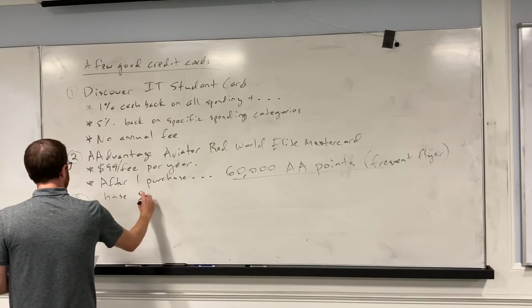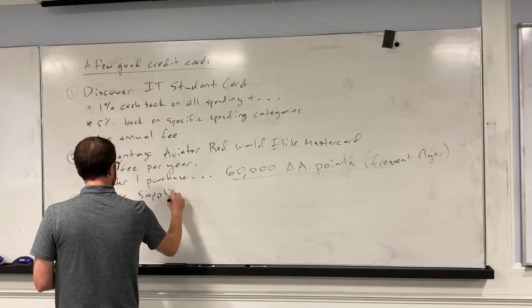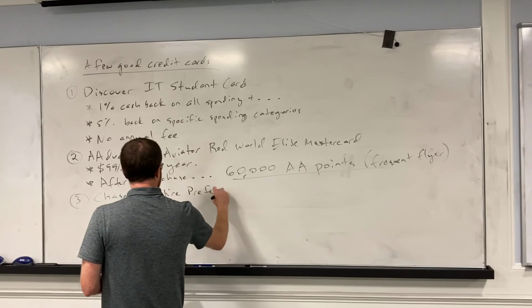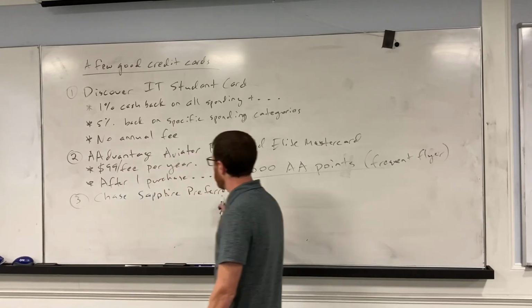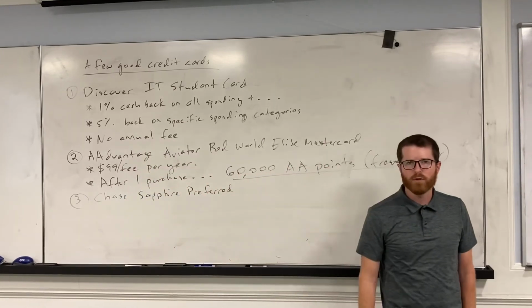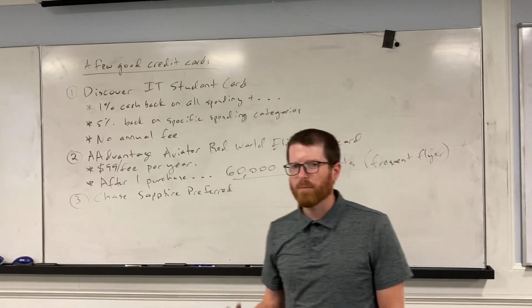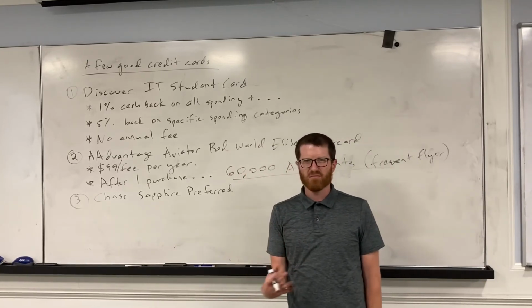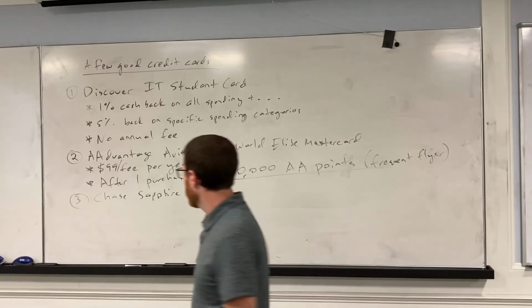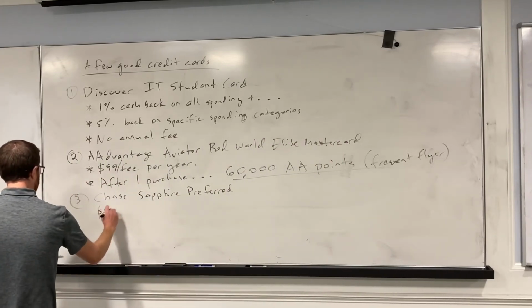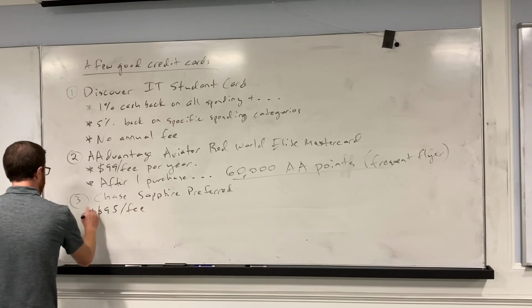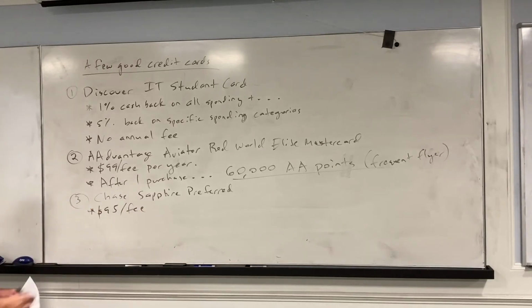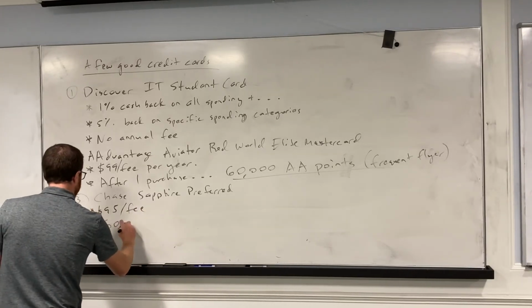A third one here is the Chase Sapphire Preferred card. I will say off the bat, I've had students come back and tell me they were not approved for this card. It is more aimed at people that have steady income, so this might be a card that's good to get later on in life. But this one gives you a $95 fee, which obviously we don't like. But on top of that, it gives you 60,000 points,